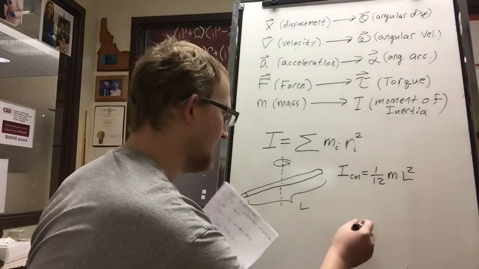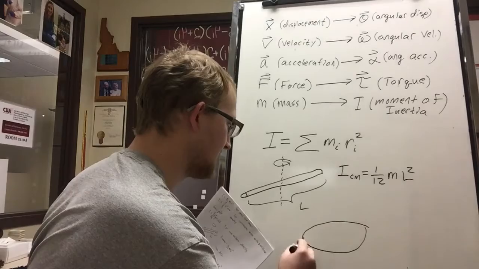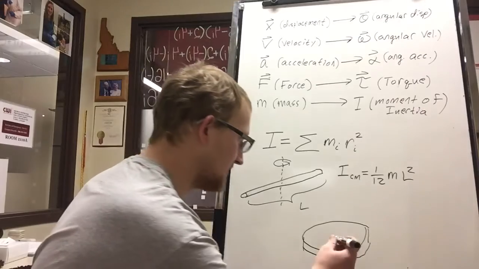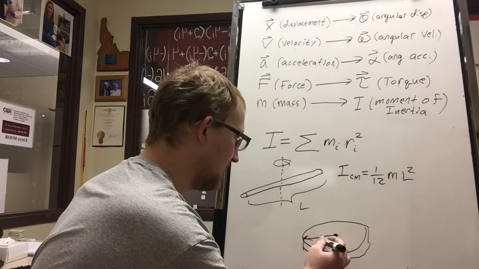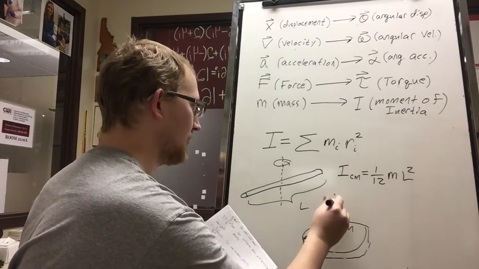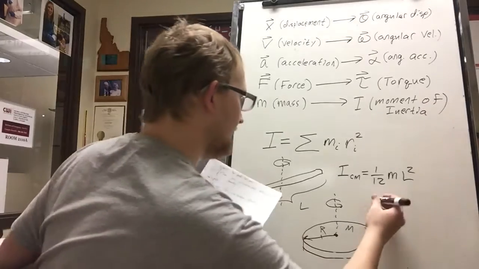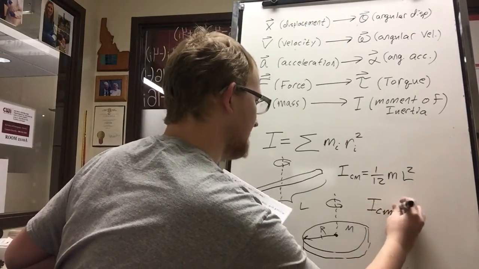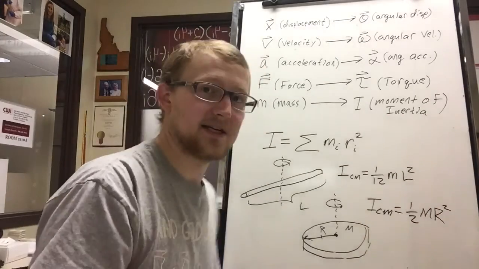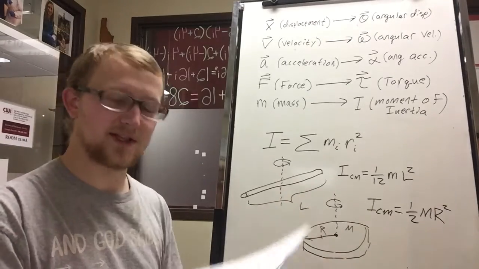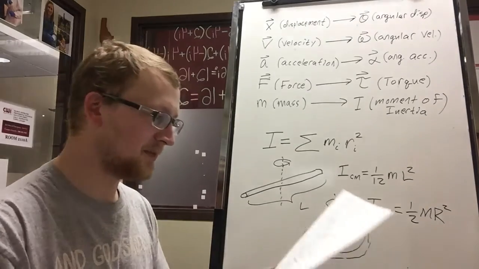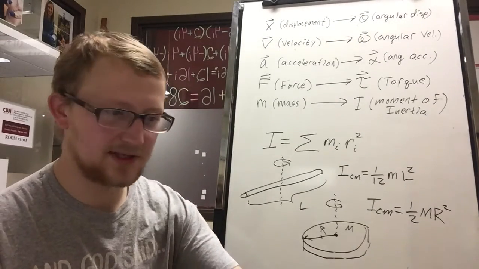Another example would be a thin disk of a given radius. So we're assuming this is a very thin disk. You'll find that you'll use this a lot during pulley problems. So it has some given radius, and it has some mass, and the moment of inertia to rotate it about this axis around the center of mass is equal to 1/2 the mass of the disk times the radius squared of the disk. So these have already been solved for us, so when we're looking at problems, we don't want to have to derive every moment of inertia. There are tables in the book, there's tables online, so I highly